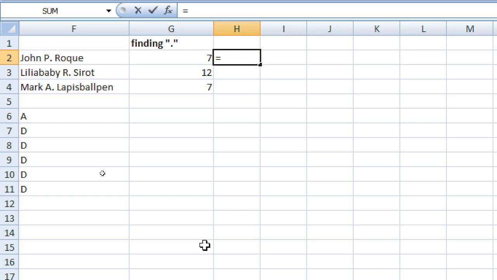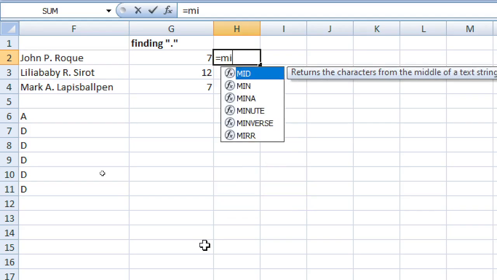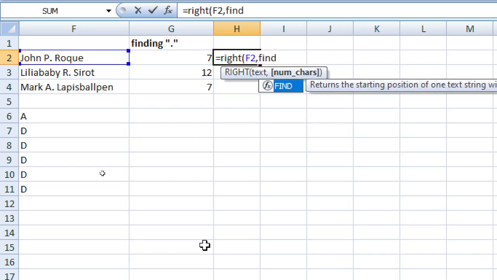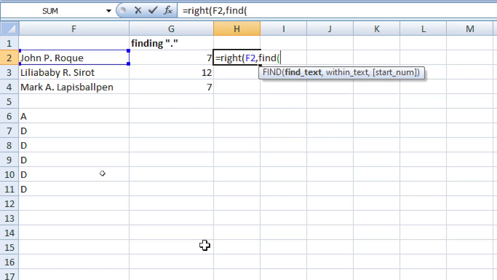Press equals, then you type here mid, right, text number char, and you have to type here this one, the find. Okay, you can type here find. You can combine. I told you, you can combine the formula. That's why you need to